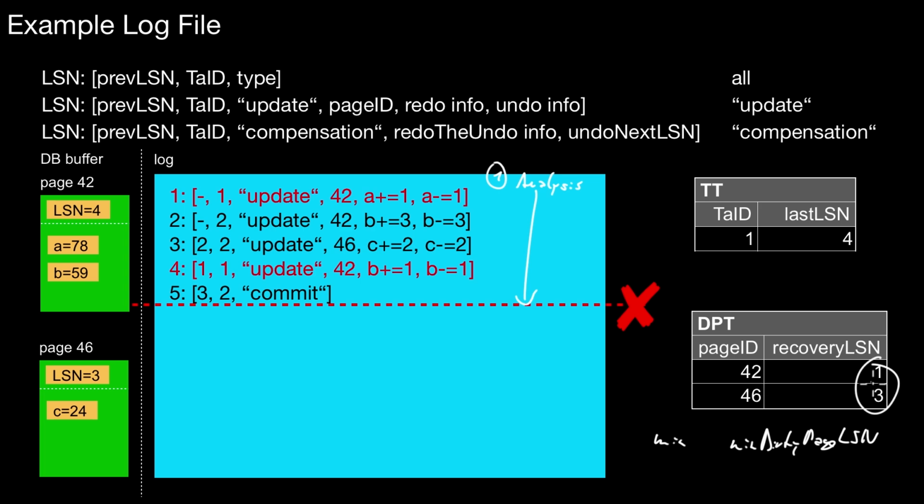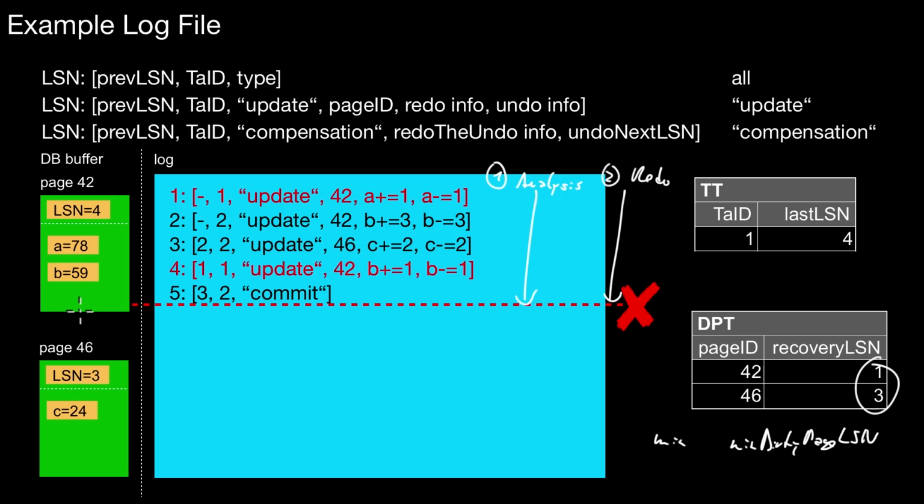That's 1, and that determines the starting point for the redo, which unfortunately is again here the starting. This is also the starting of the log, so the redo in this situation would have to start here as well. And redo brings the database back to the state it was in at the time of the crash. So after redo, I'm in this situation here, and I have the pages in the database buffer at least,